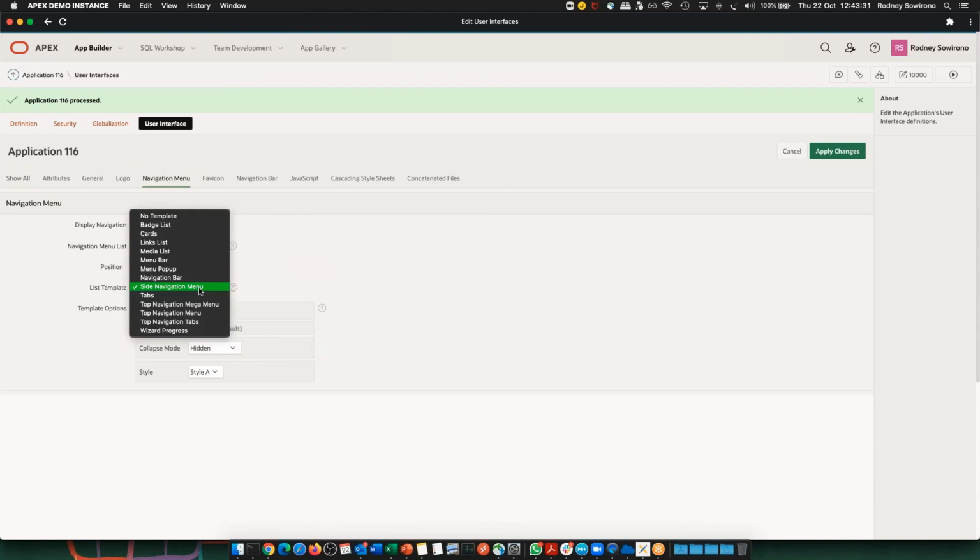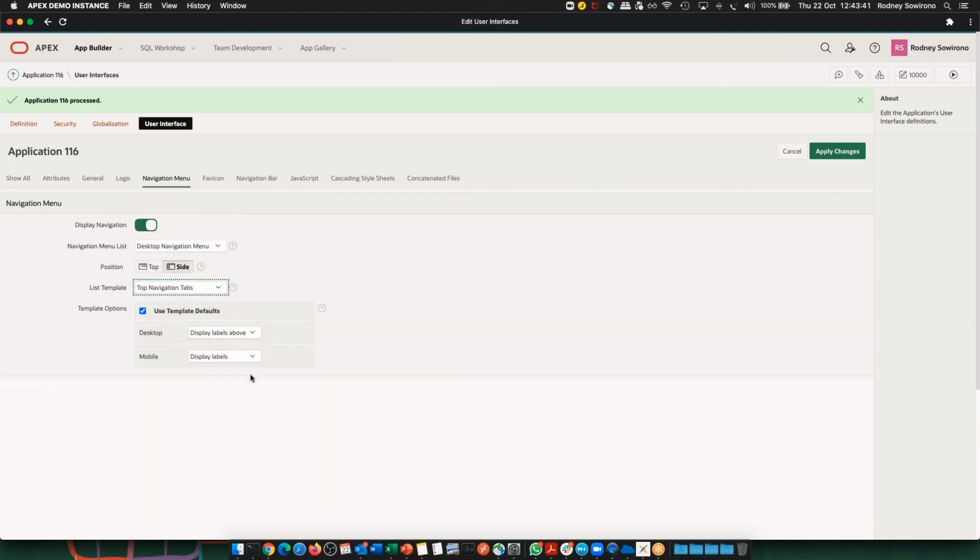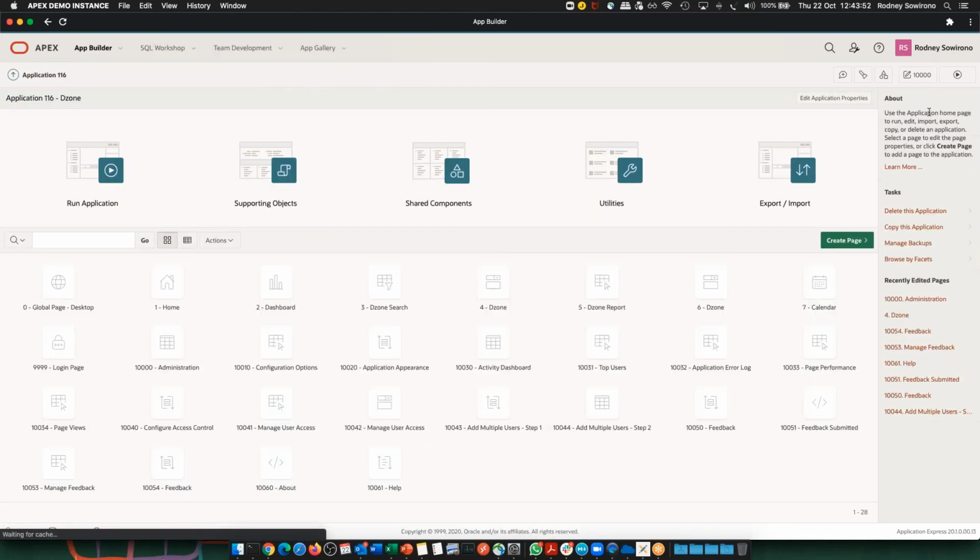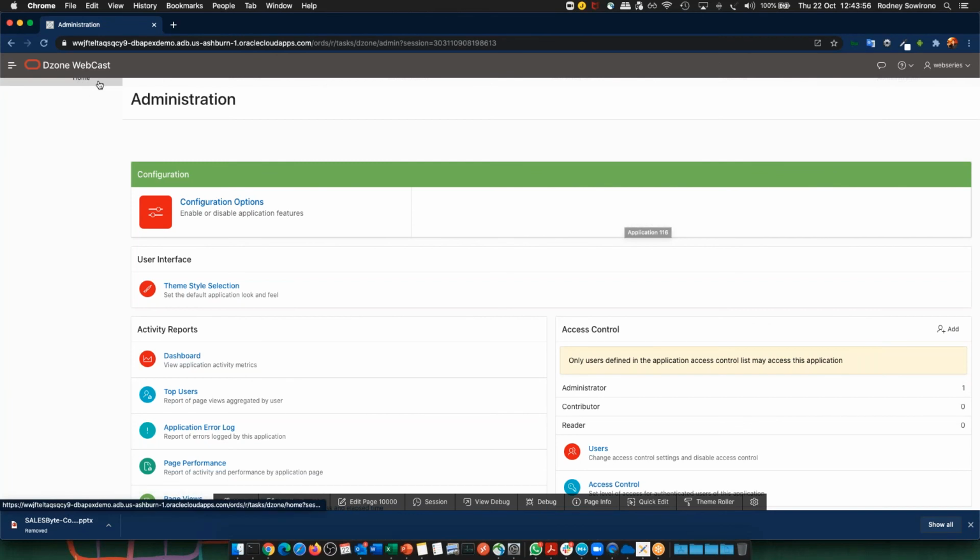Side navigation, or a mega menu, or even a top navigation, or top tabs, right? So I can do tabs with display labels and without display labels. If I apply the changes to my application and go back to preview this application, I can see that the navigation